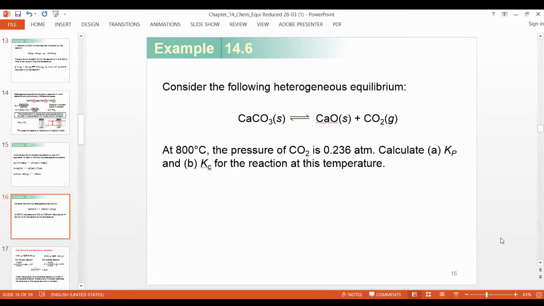So 1 you will write, and the temperature will be changed to Kelvin. So you will get Kc in this way. Is everybody clear on this point? Yes, clear. Because calcium oxide and this are both solids, for delta n you count only carbon dioxide, the gas, which is 1. You will not count the solid in both cases.